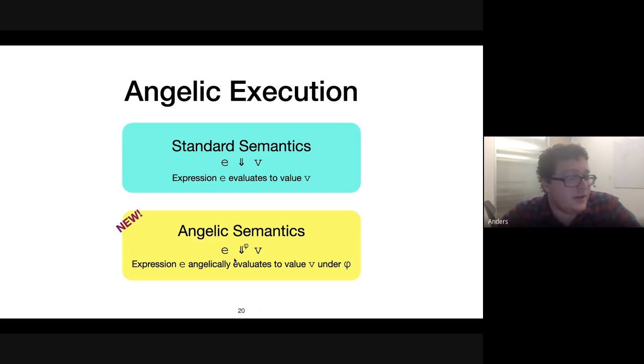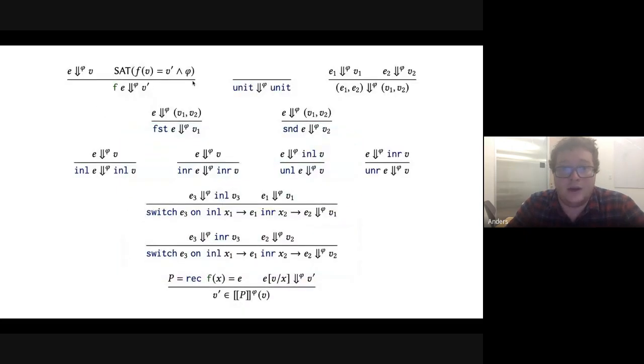This specification is used for these recursive calls. It's useful to note that this angelic evaluation is basically the exact same as the standard semantics, except for how we handle recursion, in that we don't do this kind of recursive thing where we add the rec in and then add it to the bottom. Rather, all we do is check consistency with the specification. I'm not going to go through the details, but you can convince yourself that everything here looks the same.